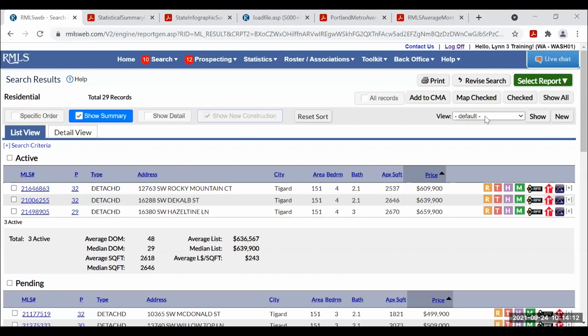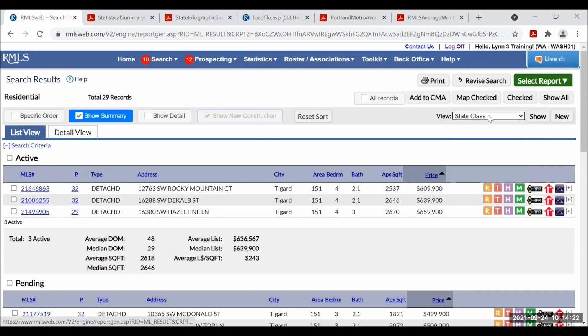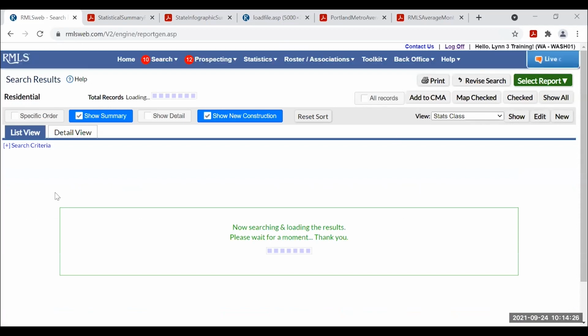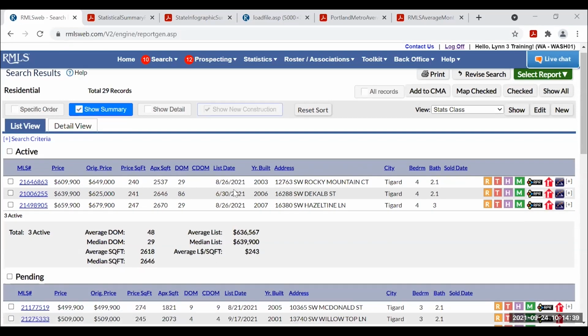Okay, and then I'm not going to show you how to do this, but I'll show you where the training document is. You can change your search result views and customize that. I have one that I called Stats Class, just as an example. I have that set up to show me the current price, the original price, price per square foot, square footage, days on market, list date, year built. So you can customize your